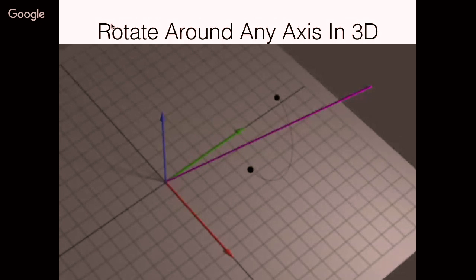This is kind of like doing the translation to get back to the origin. You want to simplify the problem. So first of all, you find out how far the purple line is away from the ZY, the vertical plane this way. You find out how much you need to rotate it by to get it up into that space. And then you find out how much you need to rotate it back towards the Z, the blue one.